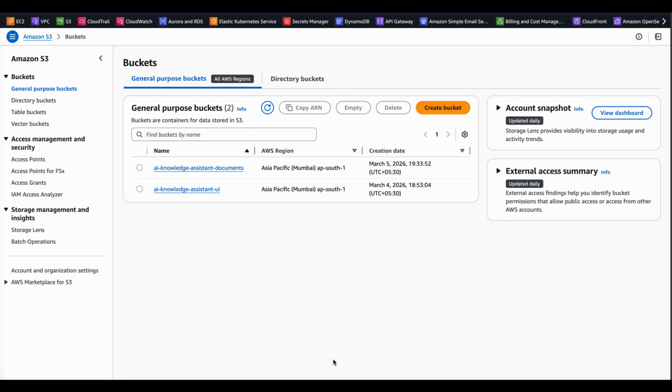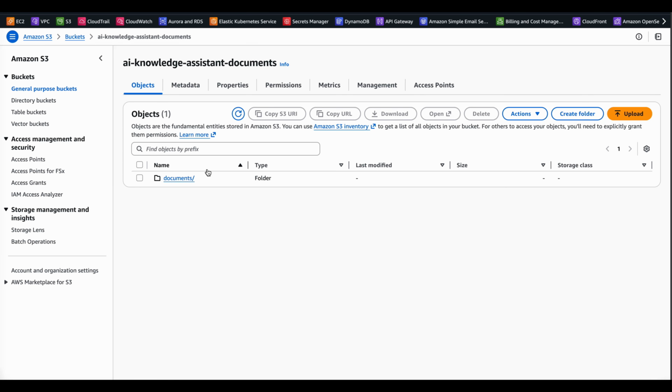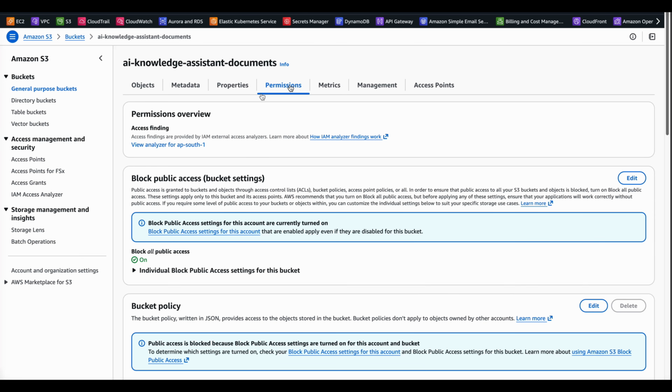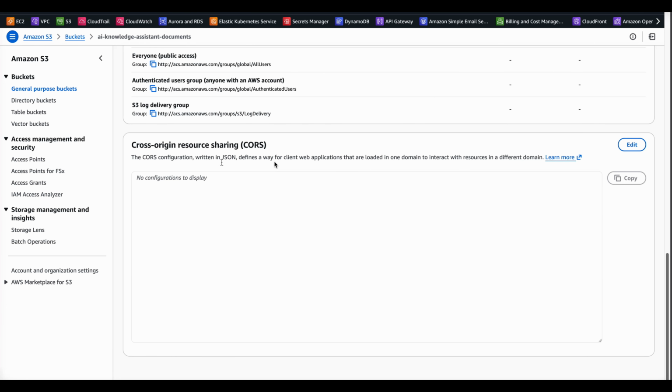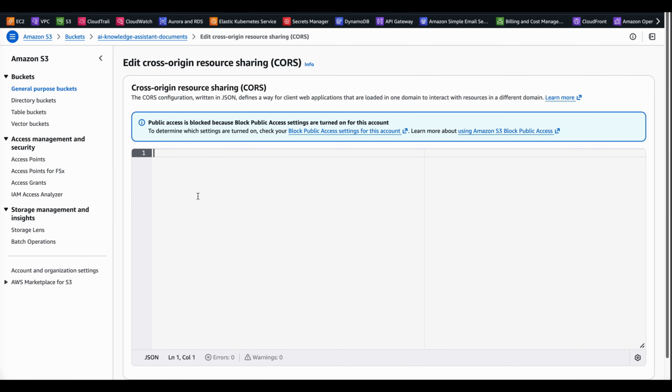To test the upload document flow, you need to make a small fix. So you come to the S3 bucket and specifically get inside the documents S3 bucket. Go to the permissions tab, and here, under CORS, you need to apply this CORS